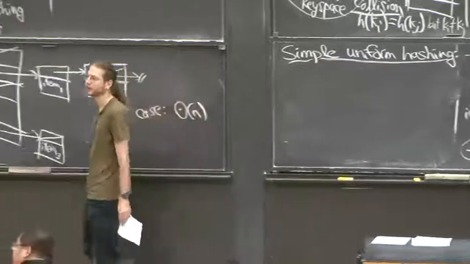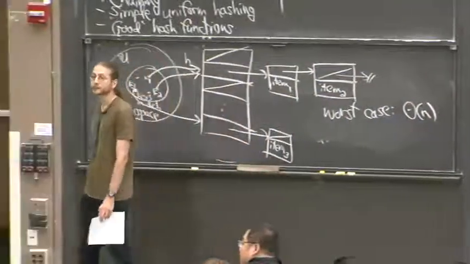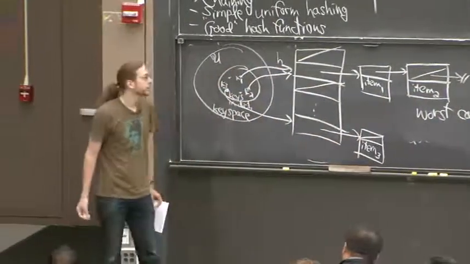Yeah? I have a question. Is the hashing function bounded? Like, how do we know that the array still doesn't